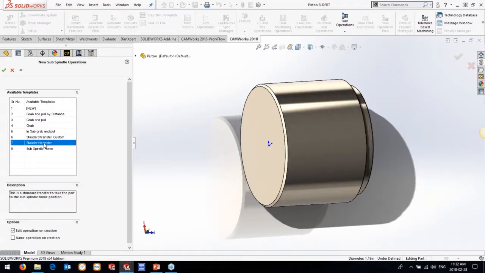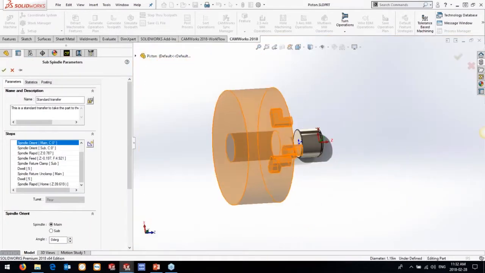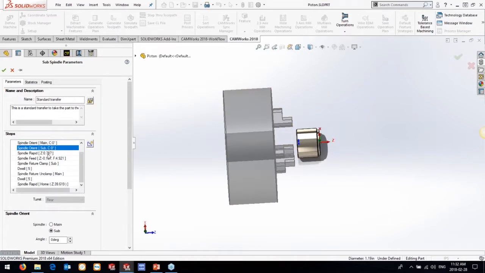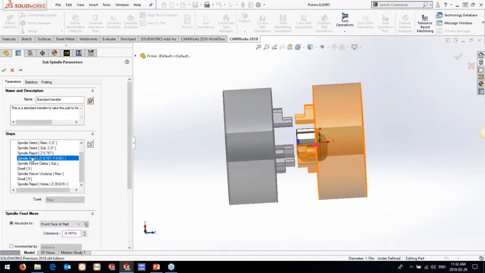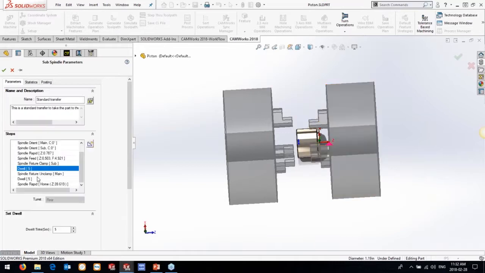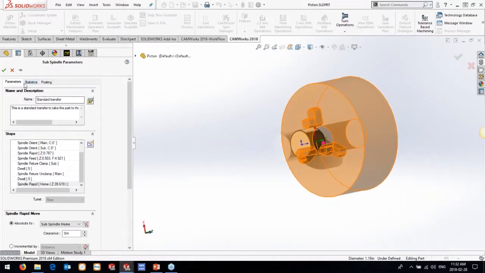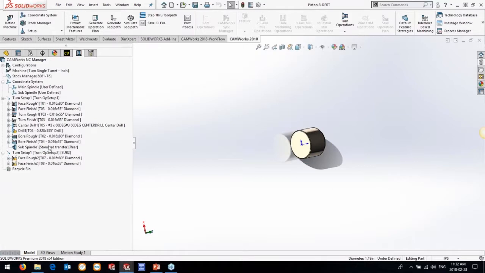So if we just want the subspindle to come over, grab the part, and take it to the home position, we can program our subspindle transfer. Orient our spindles to C0, rapid the subspindle over, come in and clamp down at a position where we want to, dwell, unclamp, and send the subspindle home so we get the part on our subspindle here. So I've now got my program for doing full main sub with all of the transfer in between the two